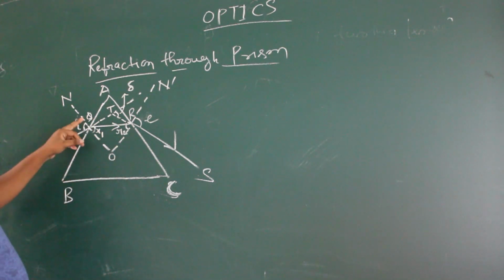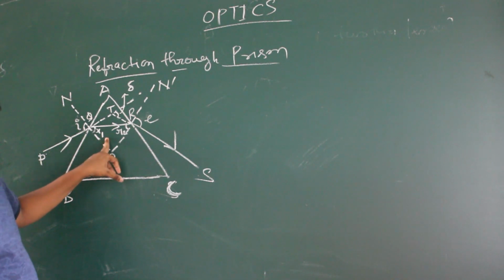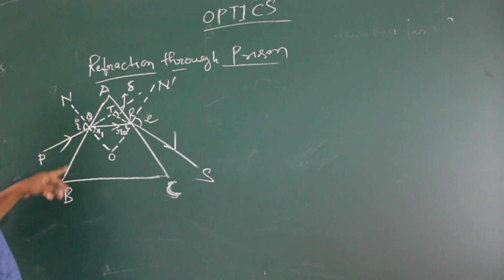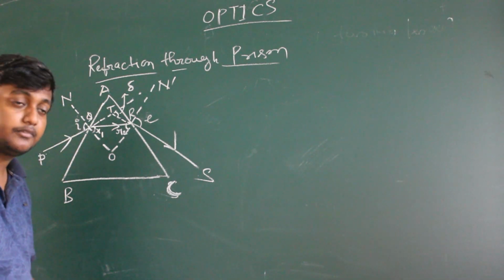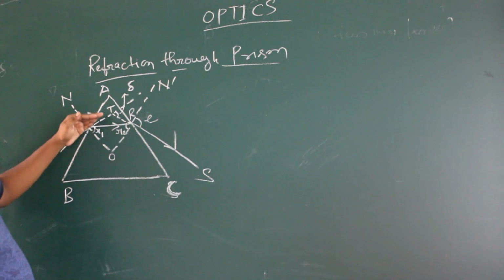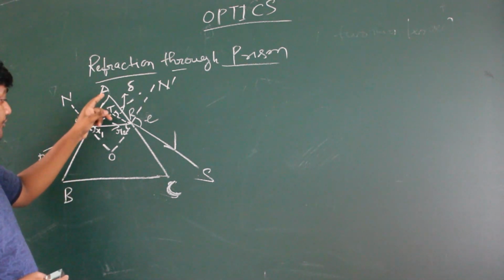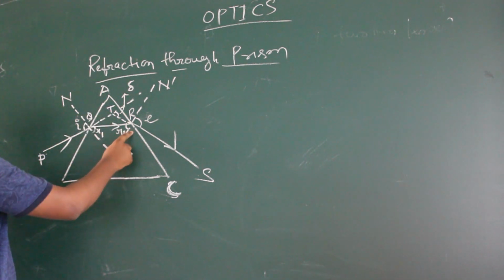Okay, and this I is the angle of incidence, and R1 is the angle of refraction for face AB. Okay, you can see this ray is normally incident here. After refraction it will go towards the normal. Okay, here NO is the normal. Again for face AC, R2 will be